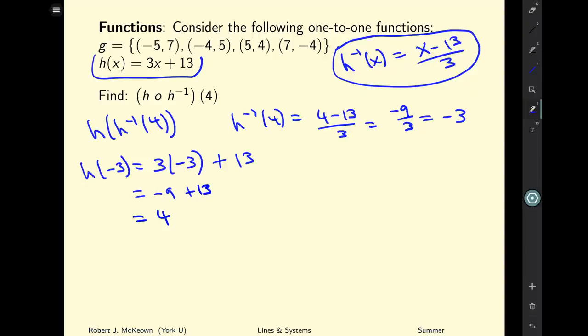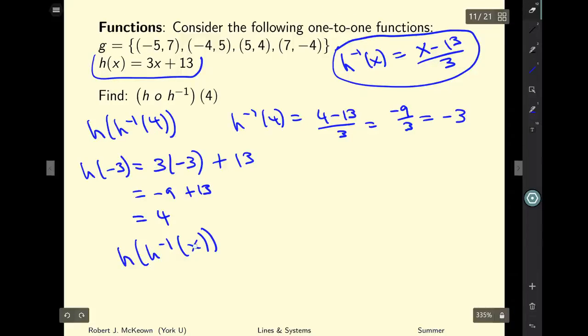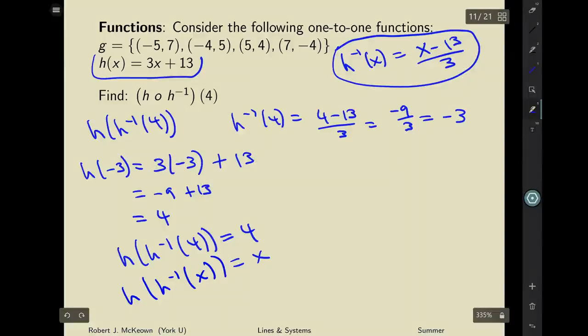And that's exactly what we should get, because we know that the composite of the h function and its inverse, when it's evaluated at 4, or whether it's x, is going to be equal to 4. Right? And just like if we didn't have a number to evaluate it at, we would get